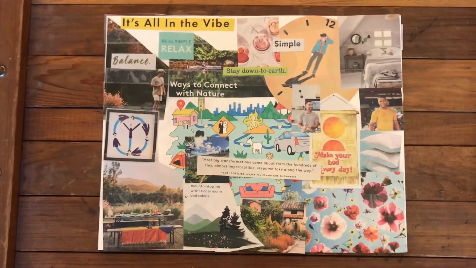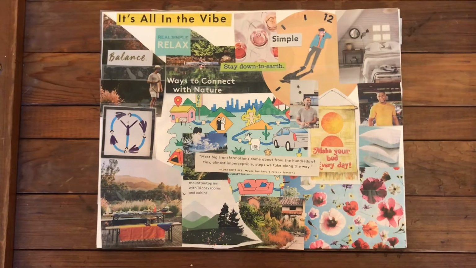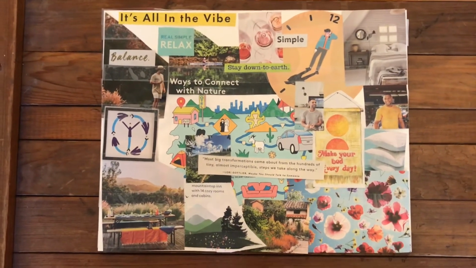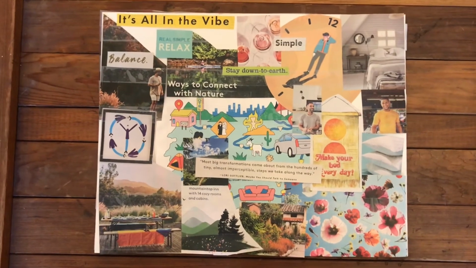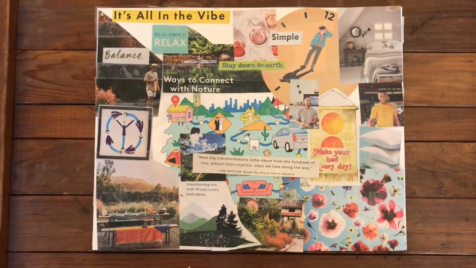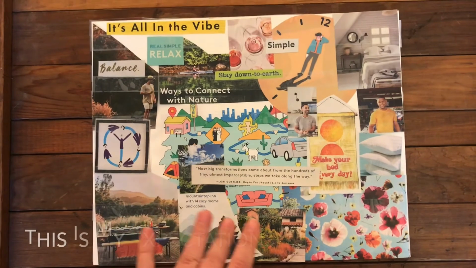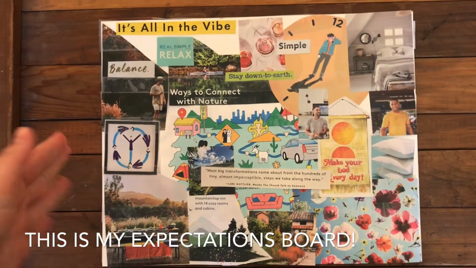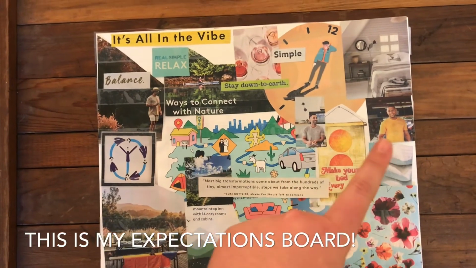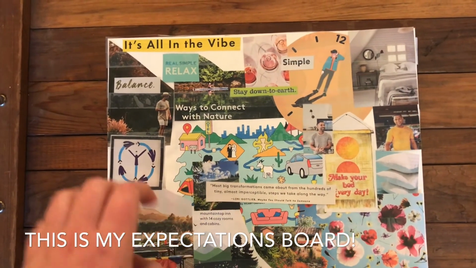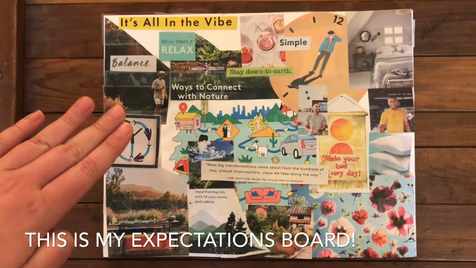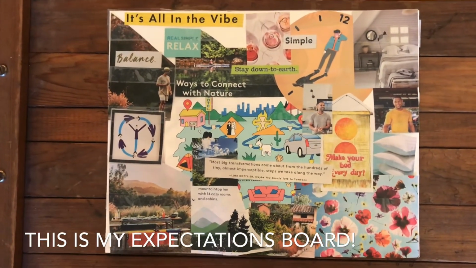My play starts with two characters that are going on a retreat in the woods to reconnect as a couple. And so they're expecting to have a really low-key, peaceful, meditative, happy experience. So I tried to use a lot of nature-inspired images and light colors. I also found some pictures of people that sort of made me think of these characters, as well as some text that inspired me when I thought about the world. So this is what they think they're arriving into.